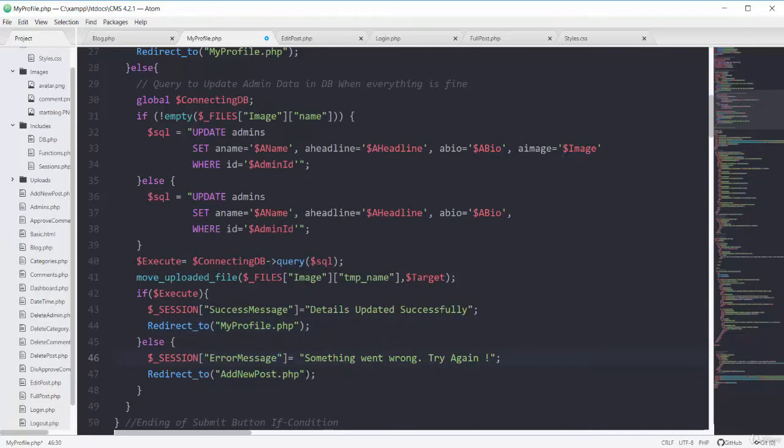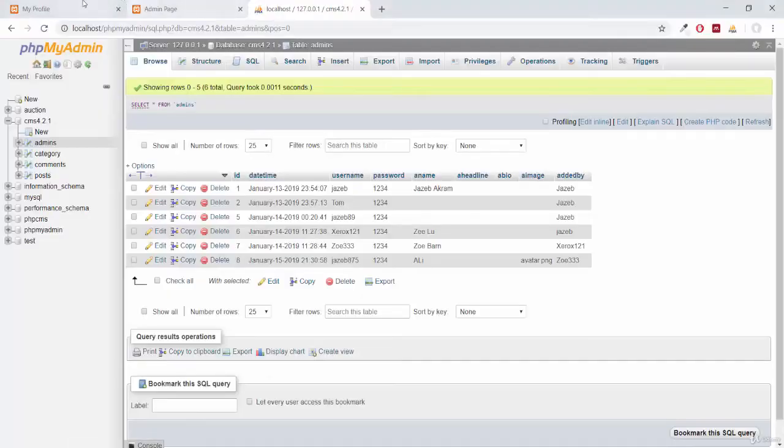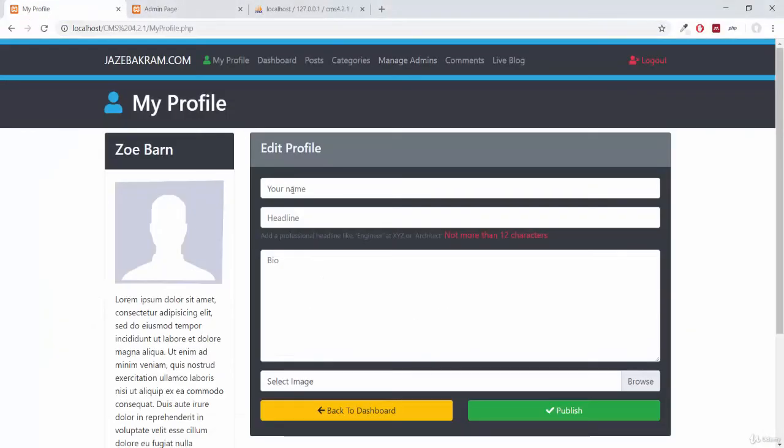And something went wrong, try again, myprofile.php. So that's it. If I save this one, and first let's refresh our page. So let's update something. So we have the name of Zoe Barnes. So if I make it Zoe Barnes